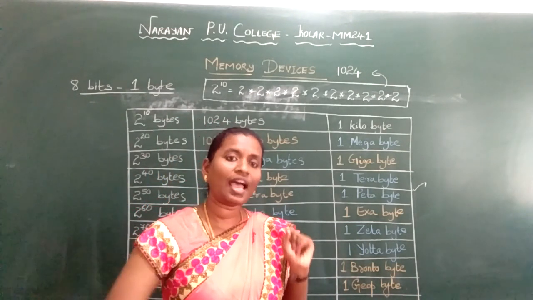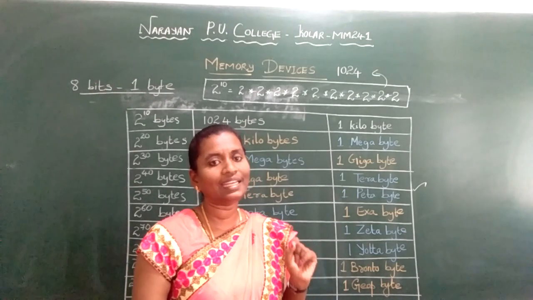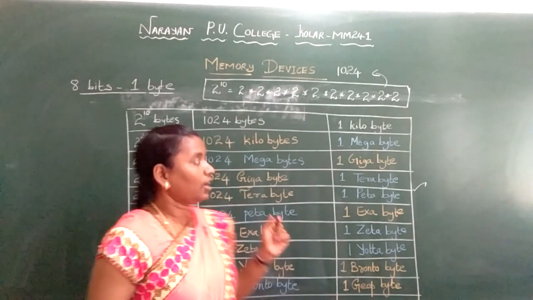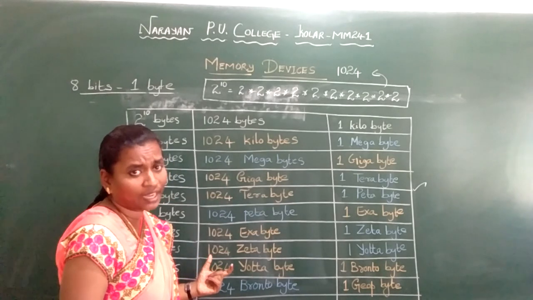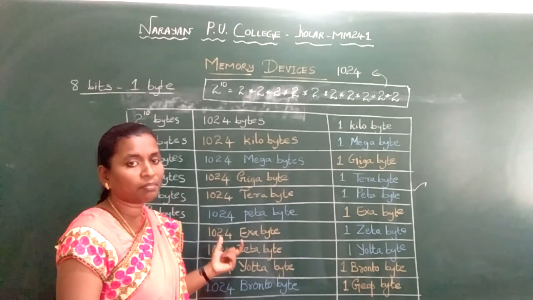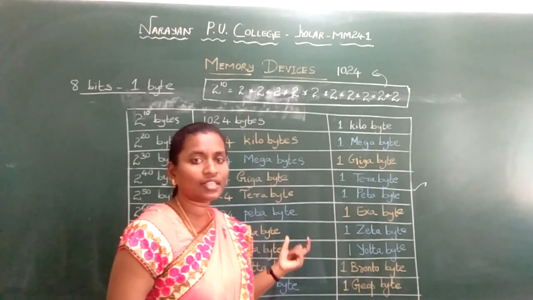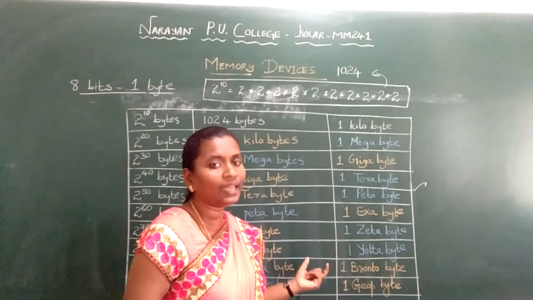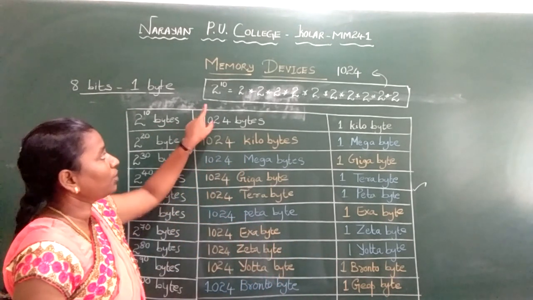The data has to be used in the future, so we store the data in the hard disk. Now I spoke about secondary storage only, that is your hard disk. The capacity of memory can be measured in bits and bytes, especially bytes. How many bits make a byte? 8 bits make a byte. So we measure in these terms.